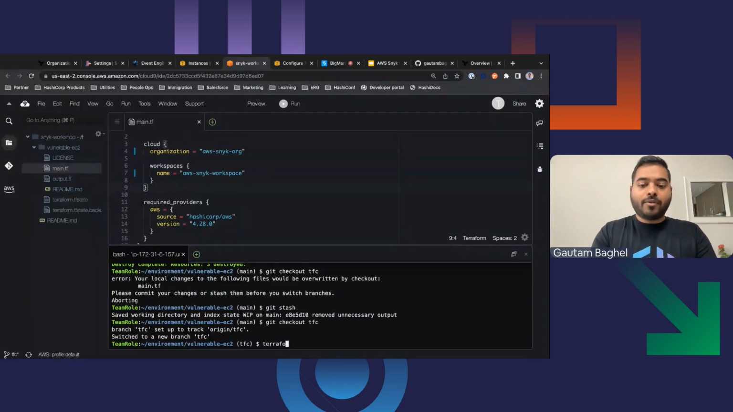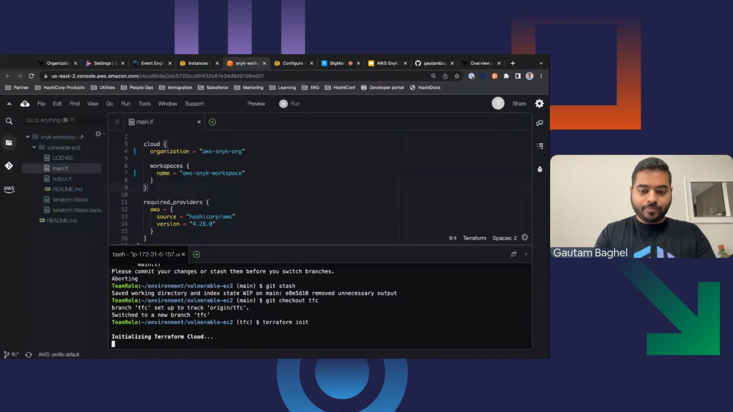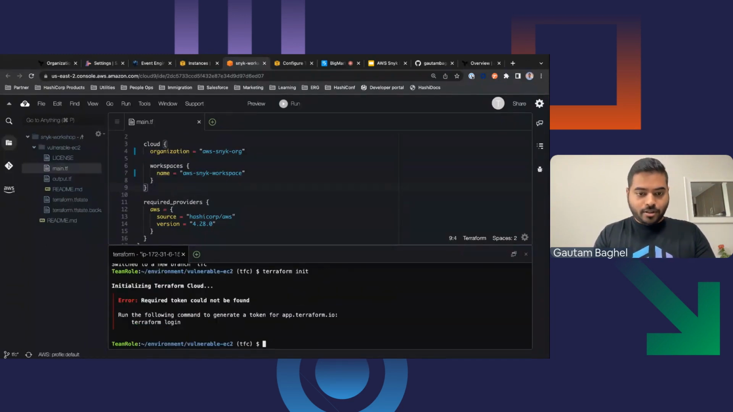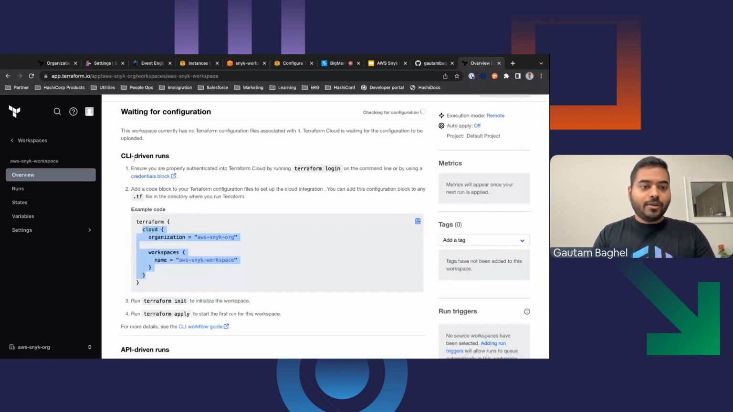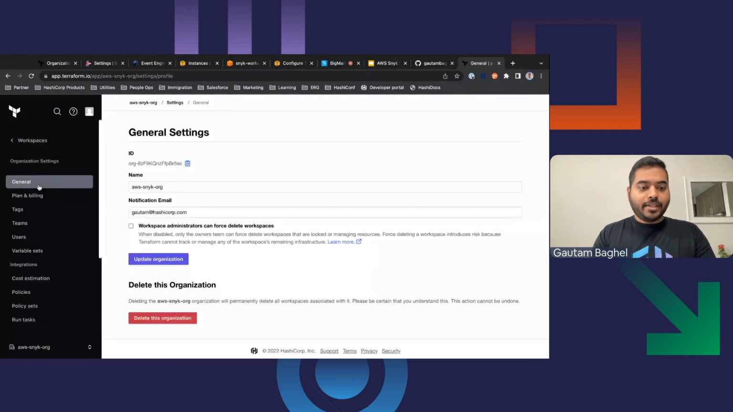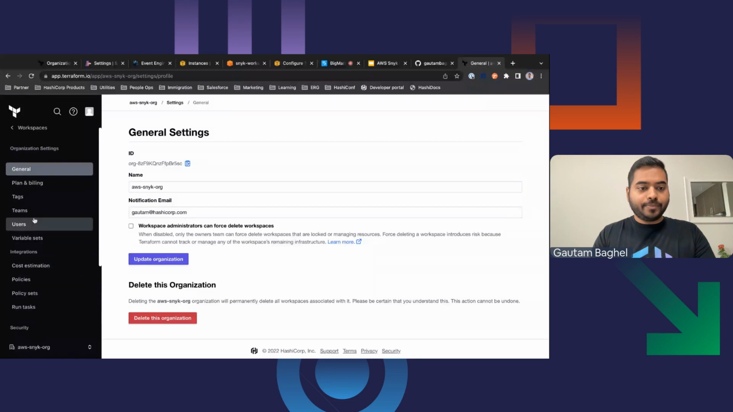So I'll do terraform init. Okay, I don't have my token. Good point. So for tokens, there are a few ways. If I do terraform login, it's going to open up a browser. I don't think we can do that in Cloud9. I'm not sure. But what I will do is go to my Terraform Cloud, go to my settings,